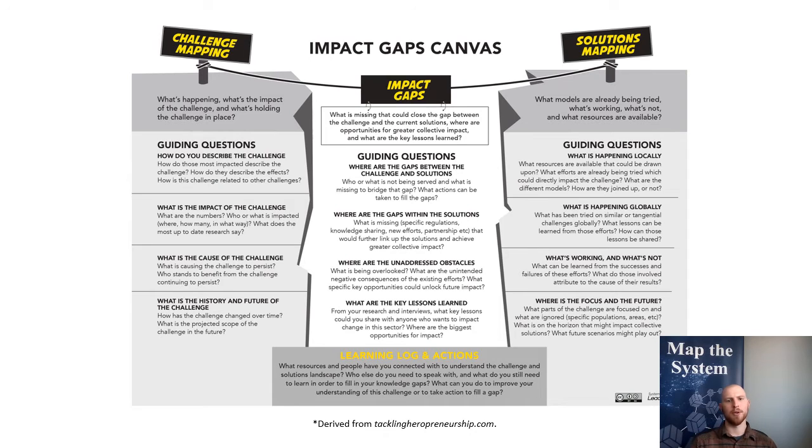Here you can explore from a high-level perspective by asking questions such as, what's missing in the solutions landscape? What could better connect existing efforts? What regulation might be needed? What lessons can be shared? And so on. Or you could explore gaps in more detail by asking questions like, why have certain efforts failed or succeeded? What gaps are obstructing better solutions? How can existing models be tweaked to improve impacts for greater numbers?